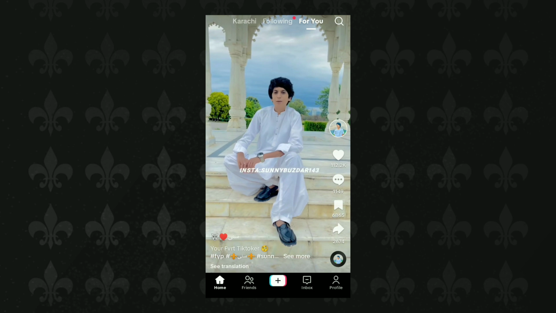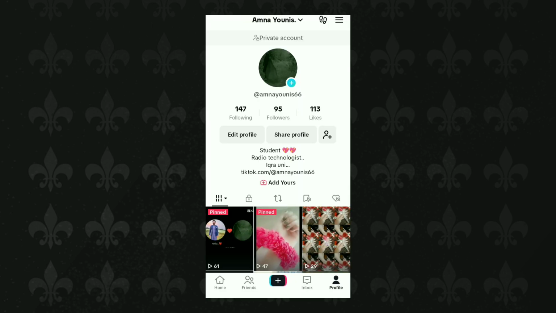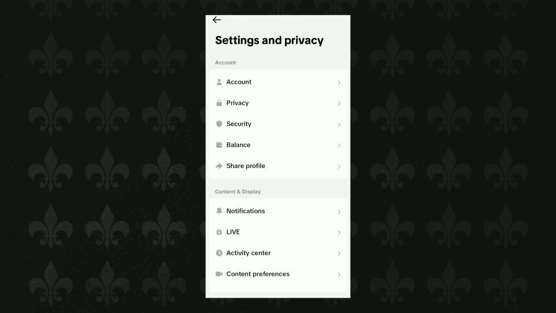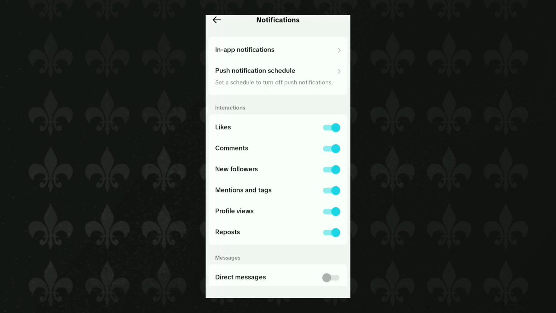Firstly, open the TikTok app, move to the profile, click on the three lines which appear at the top right corner. Click on settings and privacy here. Now click on notifications here. You can see here new followers, turn it on. In this way you can turn on new followers on TikTok